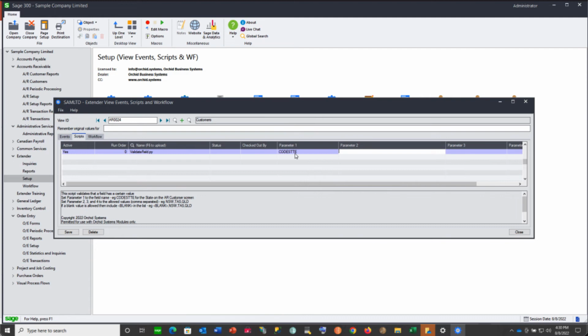If I want to allow a blank value, we've configured this script to let you use blank as a valid value. And then this particular customer only sells in California, Texas and Illinois. So I'll just type in the values that are relevant. If I save this,